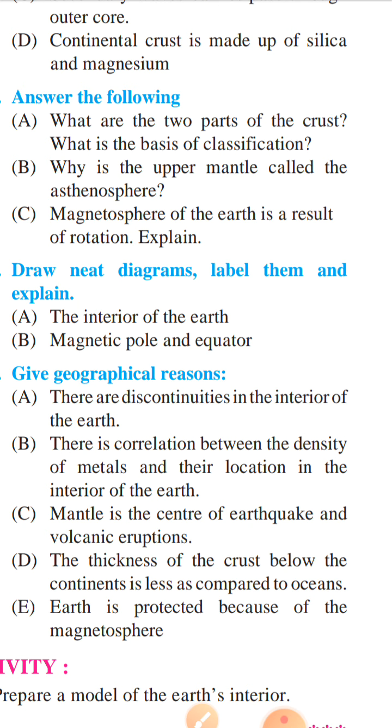Understood? Then here the upper mantle layer is in a liquid state. That part we have discussed. There is a discontinuity between mantle and core also, because the outer core is in a liquid state and the inner core is in which state? Solid state. Okay, so there is a discontinuity in the interior of the earth. Is it, students? Okay. This question's answer is on page number 12.